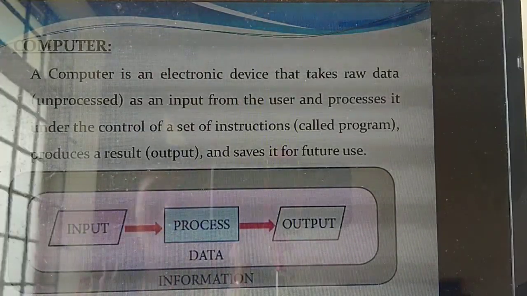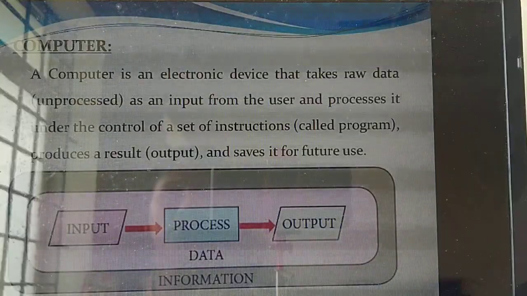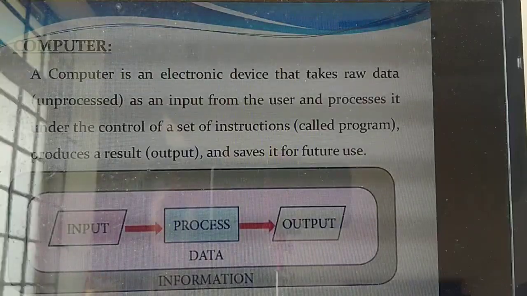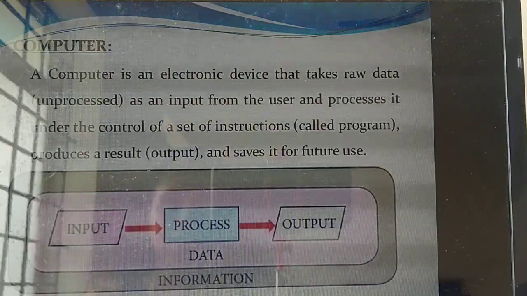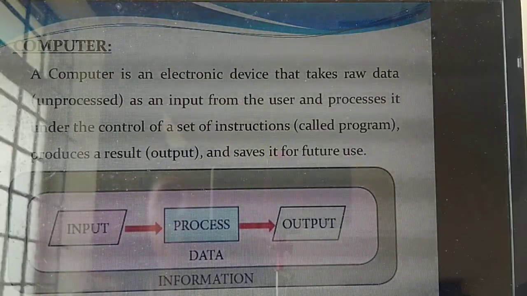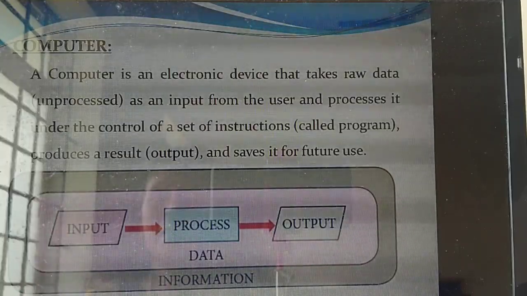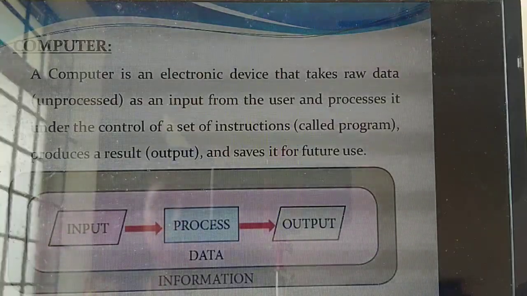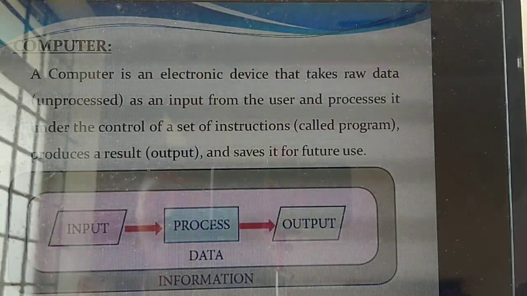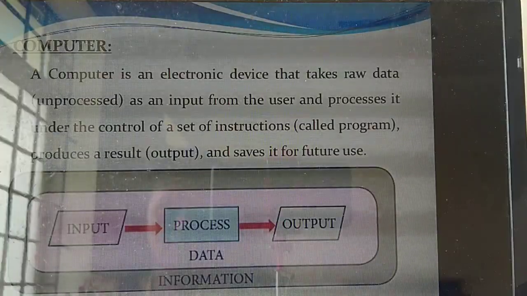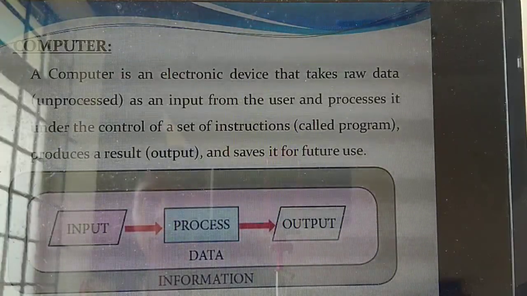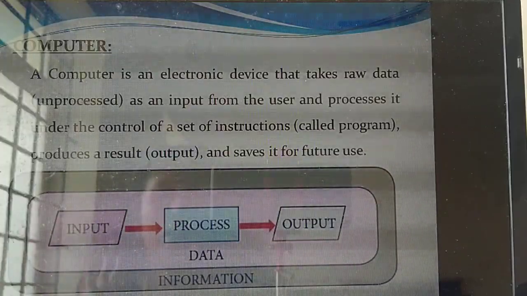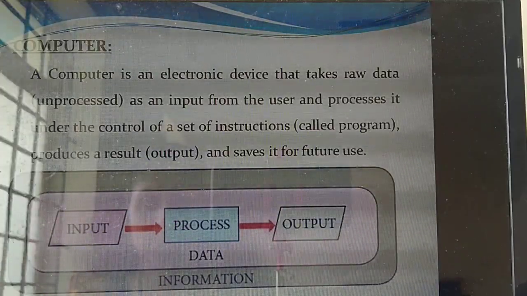This is input, process and output. So I am the teacher, you are a student. I am taking classes for you. What input am I giving? I am teaching a lesson for you. That's the input from me. So what's the process? You are listening and studying what I am teaching. Isn't that the process? What output am I expecting? You need to write the exam and produce better marks. Understand what you mean by input, process and output? So if they ask for the definition of a computer, you need to write the definition as well as draw the diagram. Understand what is a computer?